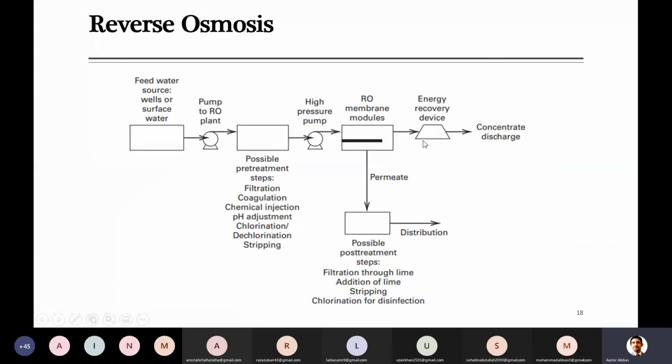So water passes through this, but the retentate you have here can still be at high pressure. So you can recover that energy, maybe by moving a turbine, so you can generate electricity, or if you need that high pressure energy somewhere else, it can be used. Then at the end, this concentrated water is discharged, concentrated because most of the water is removed here, and the leftover will contain a lot of salts.